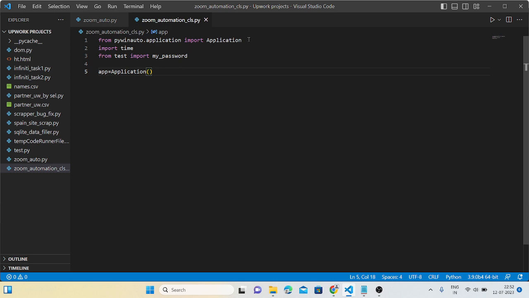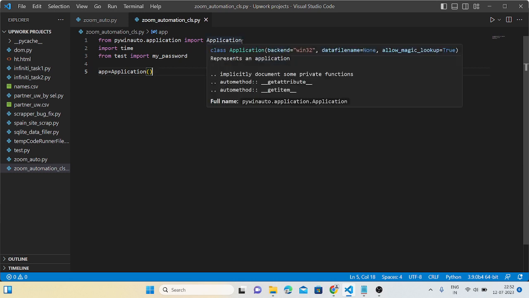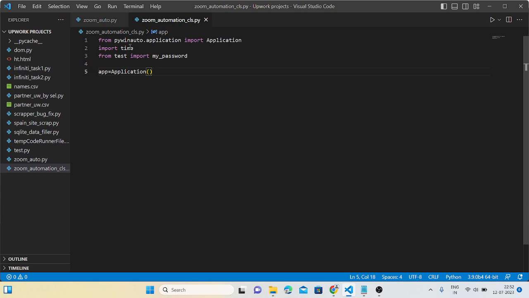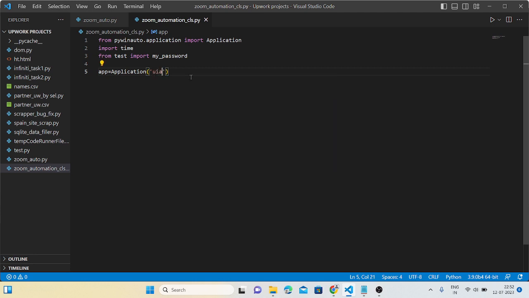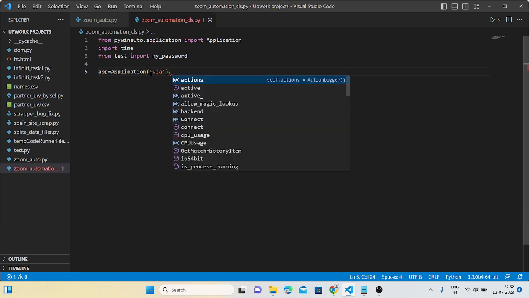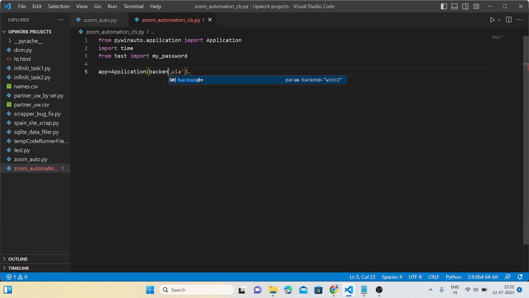So here I am using pywinauto. From pywinauto.application, I'm just importing Application. Here I'm creating an app, so app equal to Application. Here you just need to add win32 or UIA. If UIA is not working, then you can use win32. Here this is actually the backend equal to UIA, and I'm starting